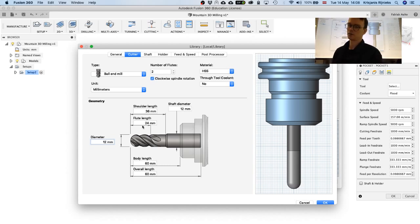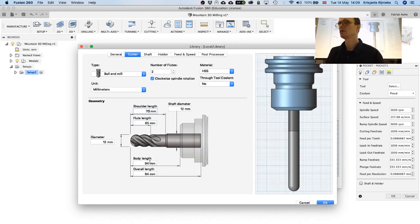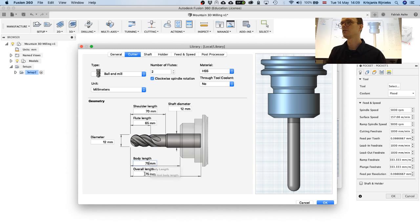So if I just make an approximate measurement, I see that it's 65, and then the shoulder length, I would say that it's 70, and body is let's say 75, and overall is 10. So you see the overall